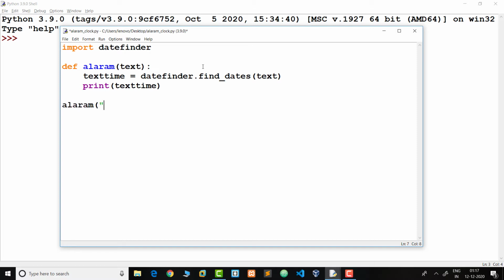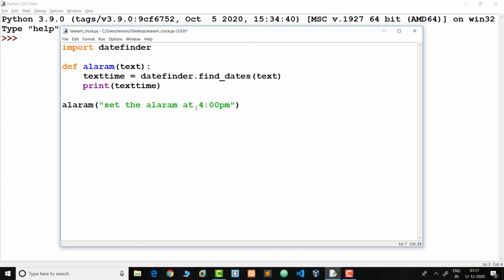When we pass a message as a parameter to this alarm function, for example, "set the alarm at 4 p.m.", the datefinder function gets the date and time from this text.